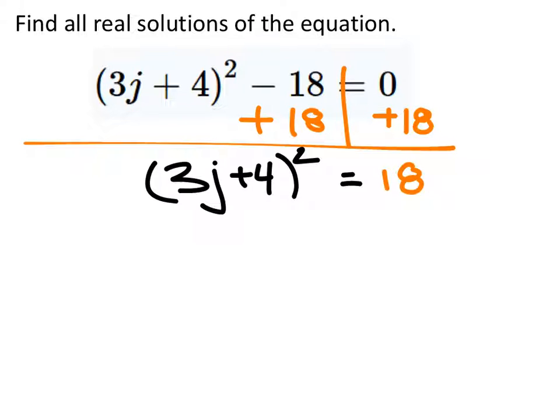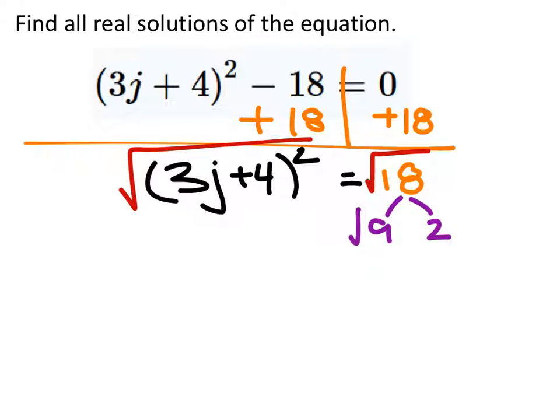Well, we've done just that with the manipulation stuff. So I'm going to square root both sides of this. And we can look at 18 just to see if it splits up well, and it does with 9 and 2, right? Square root of 9 times 2, which is 3 times the square root of 2, because 9 is a perfect square, right? So this equals now